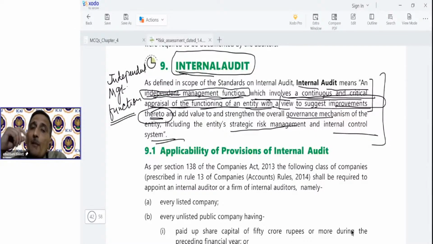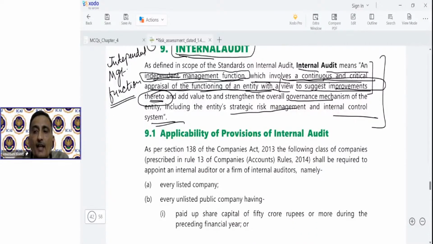So keeping this in mind, an internal auditor cannot be appointed as statutory auditor. Clear? Yes, Syed. So before we come to the provisions of Companies Act, law requirements,